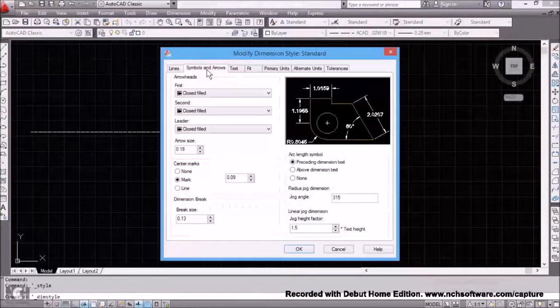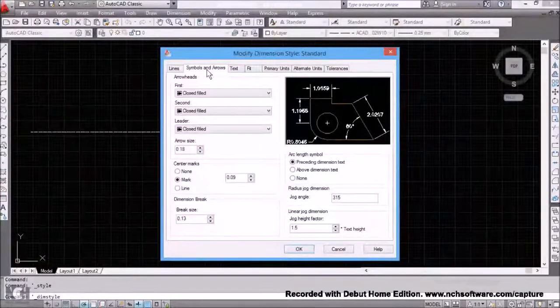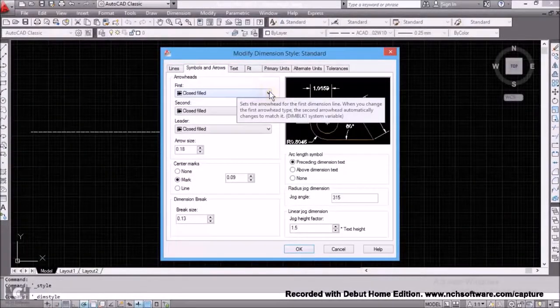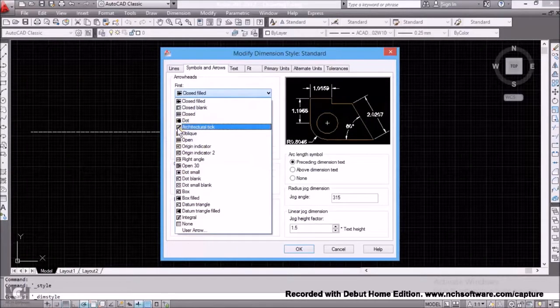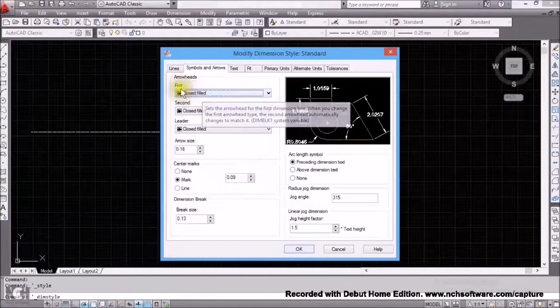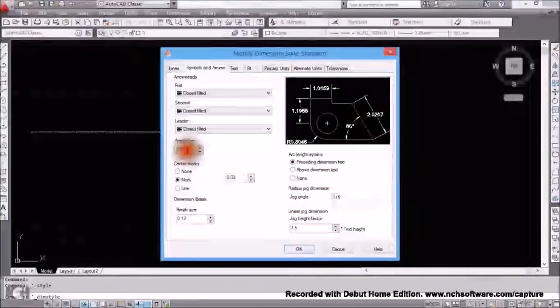Okay, now we click on symbols and arrows. AutoCAD gives you so many arrowheads you would like to use for your dimension system. For instance, if I want to choose the first arrowhead, I'll click on this, and you can see the patterns like the architectural tick and some others. You can decide to choose your arrow style in this box, but for now we are going to be leaving it at closed filled for the first, the second, and the leader arrowheads. And for the arrow size,